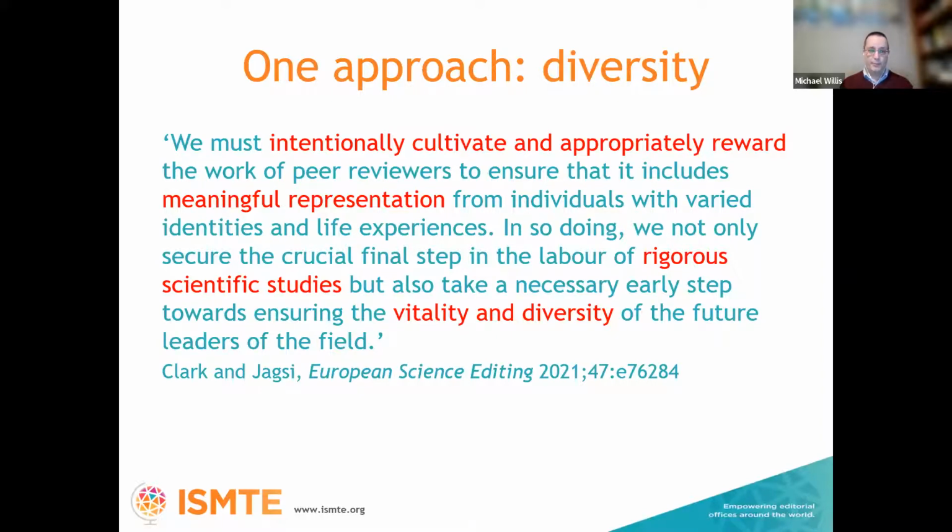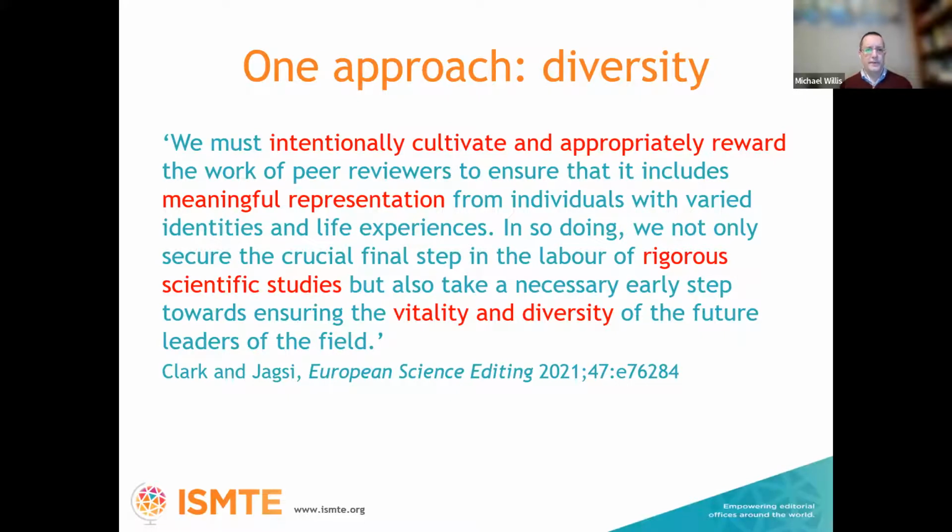Diversity in the whole peer review process. Last year's peer review week was about identity in peer review, and one of the takeaways from that, I think, is the need to have a diverse peer review process and to take into consideration things like underrepresented communities in your peer review panels. This article by Clark and Jagsy in the EASE newsletter, European Science Editing, that came out just last year,